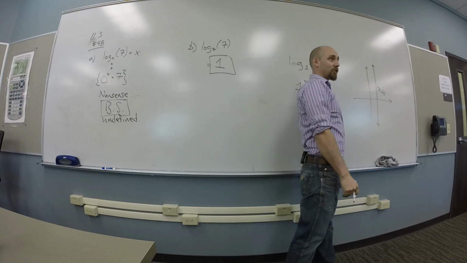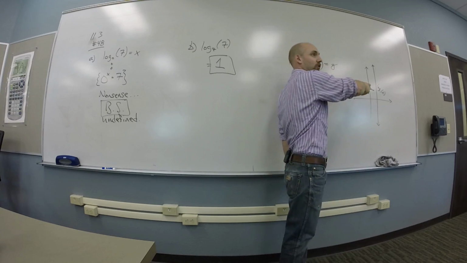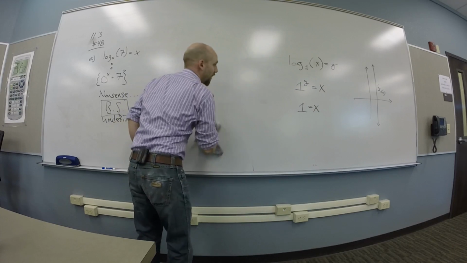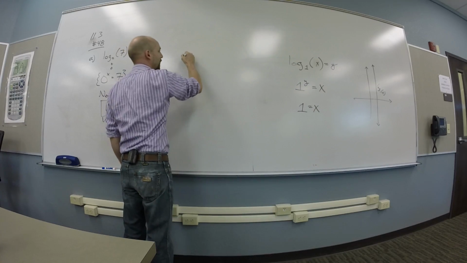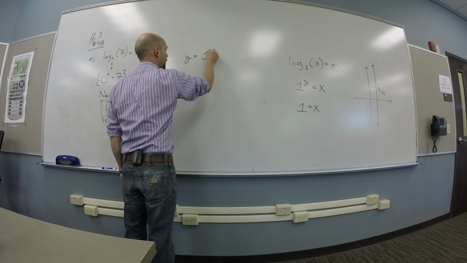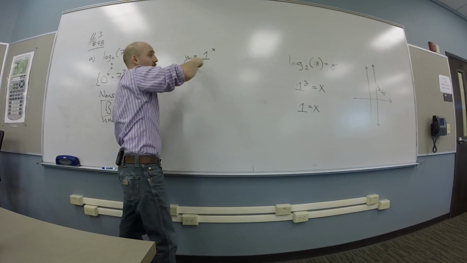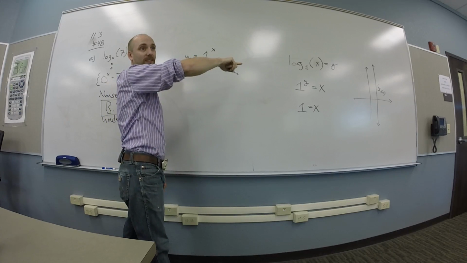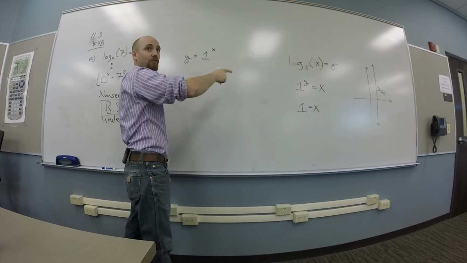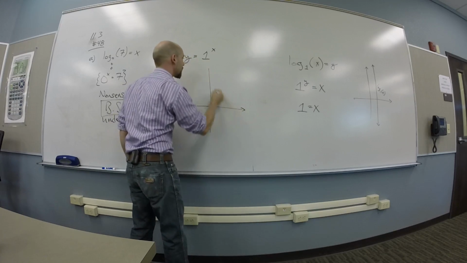So this is the log base 1 of x function. The other question you might ask about is the function y is 1 to the x. This should be the inverse of that function, right? You guys with me on that? This function and that function should undo each other. If I graph this one,